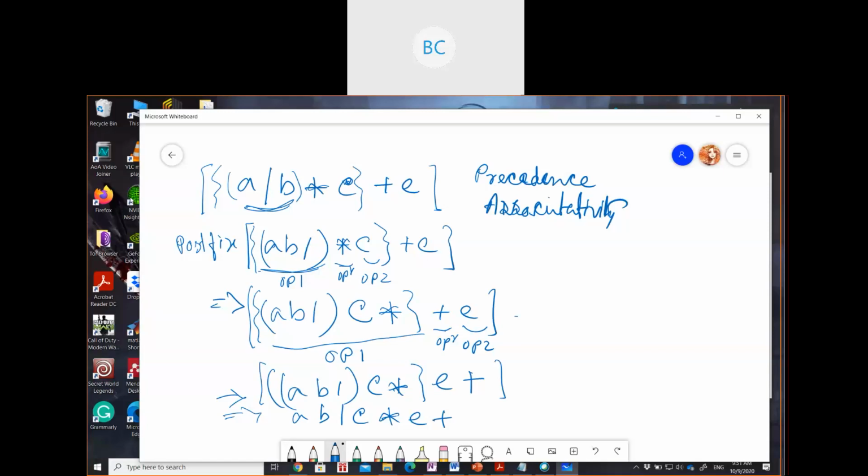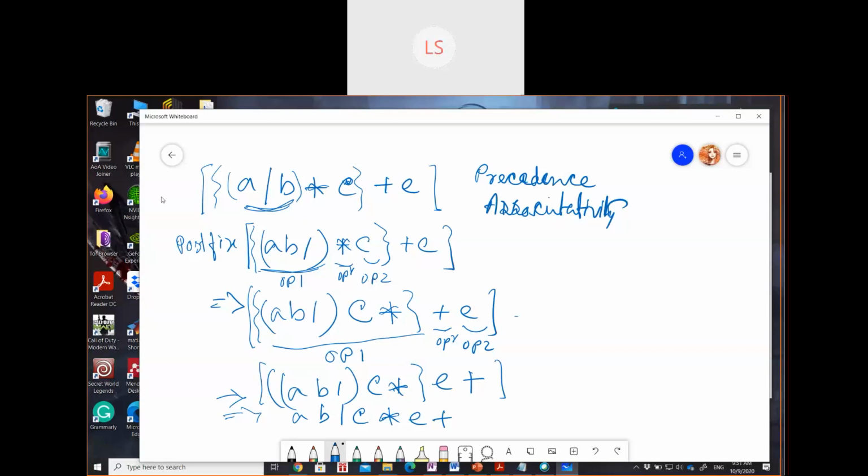Similar thing will be for the prefix. You just need to take the operators in front. Did you understand now? So this is the basic way we can convert infix into postfix. Then I showed you using a stack because we are learning about stack data structure. Please explain prefix once more. The prefix one.